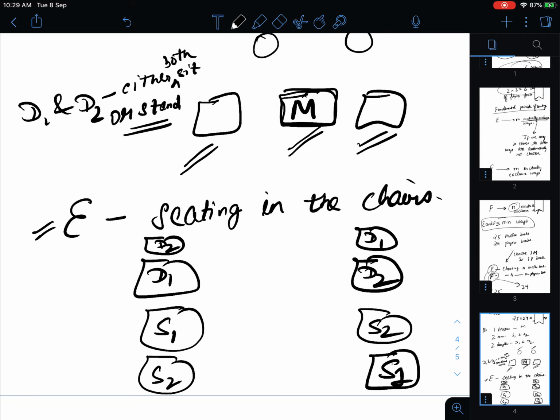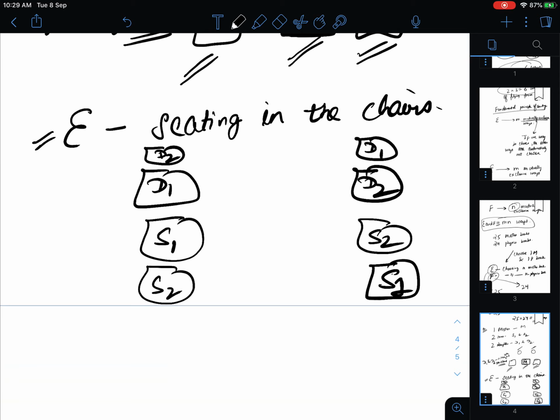So these are 4 mutually exclusive ways. Now event F will be allocation of standing positions